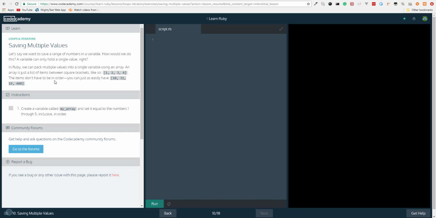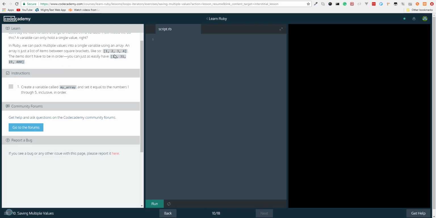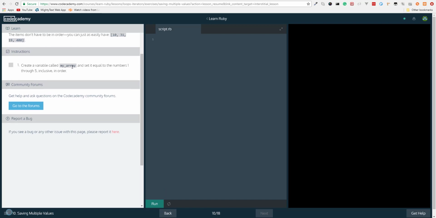The items don't have to be in order. You can just as easily have 10, 31, 19, 400. They are not incrementing. Create a variable called myArray and set it equal to the numbers 1 through 5, inclusive, in order. So myArray equals, I wonder,